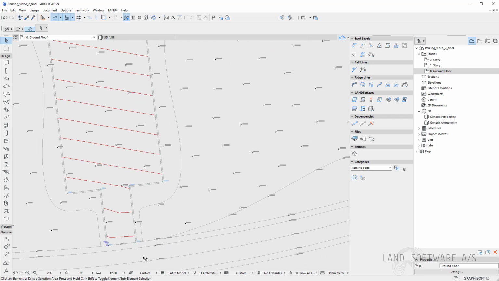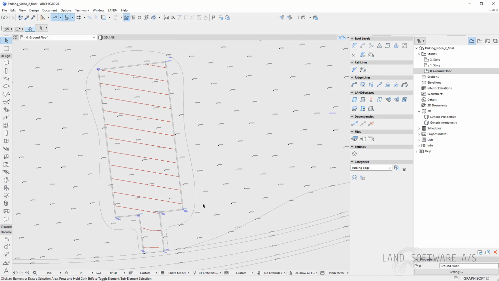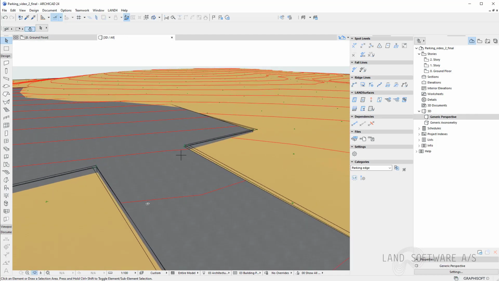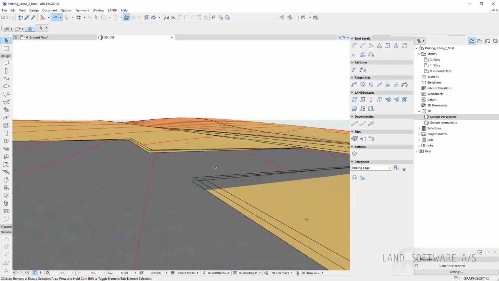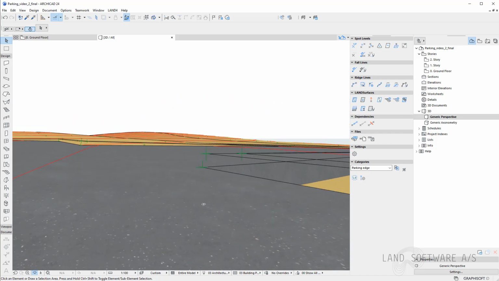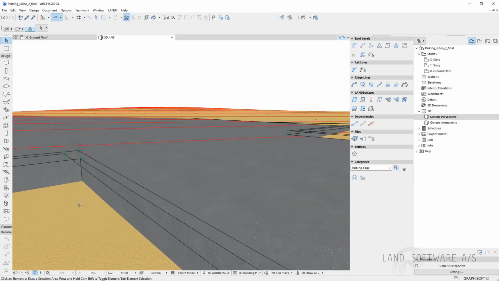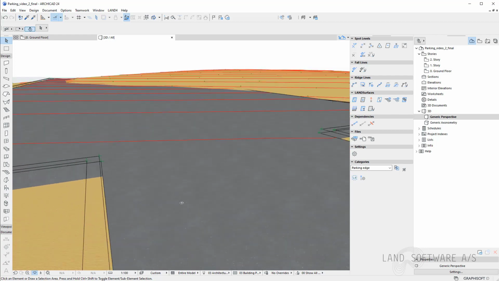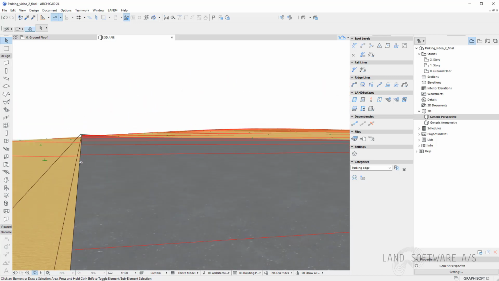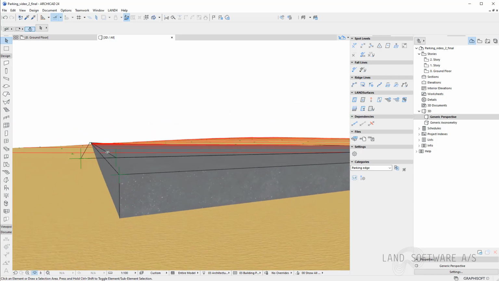And now we can take a look in the 3D view and see how our parking edge looks. So we can see also the spot levels we have defined, and we can also see the ridge lines, that they are parallel and following the edge. Now we will have to create the surface of the parking edge and work with the thickness.